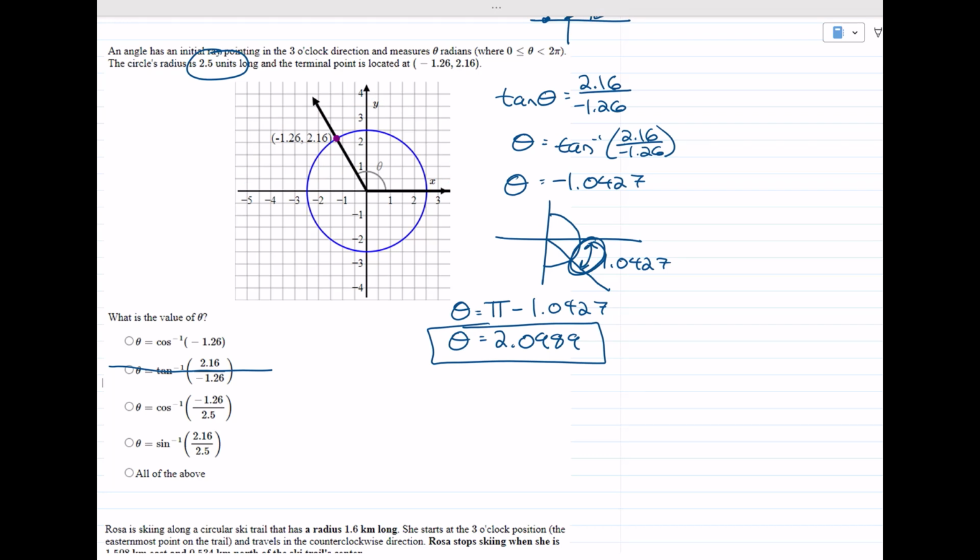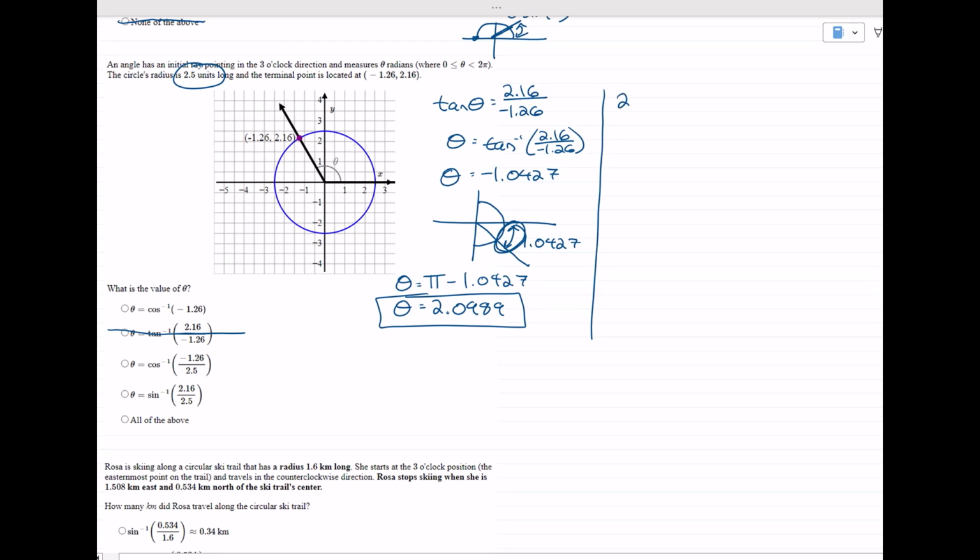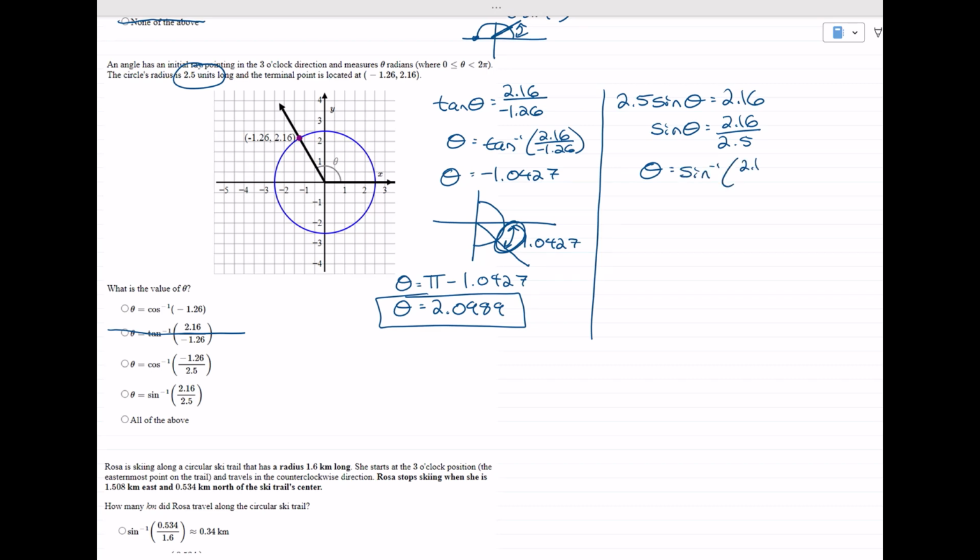Let's try something else. Let's try sine. So I would do 2.5 times the sine of theta is equal to the y value, 2.16. So sine of theta would be 2.16 divided by 2.5. If we take the inverse, remember that sine is defined from negative pi over 2 to pi over 2 as well. So if we type that into our calculator, the inverse sine of 2.16 divided by 2.5, I'm getting